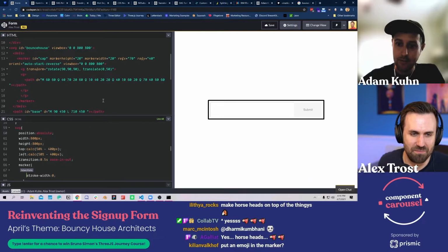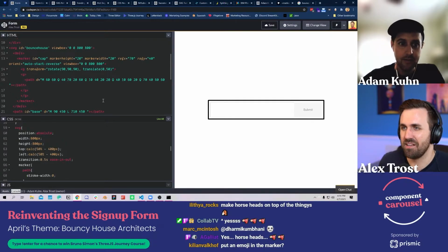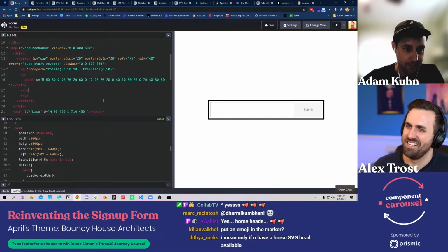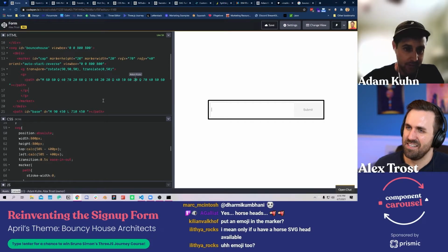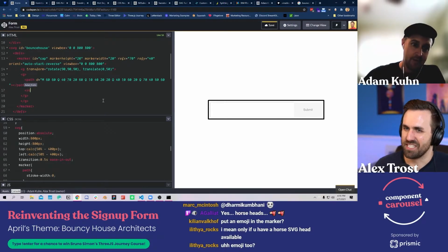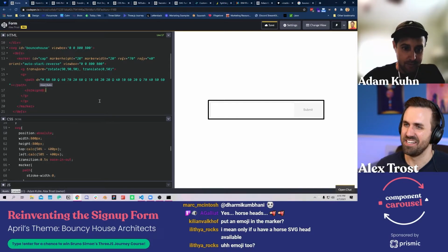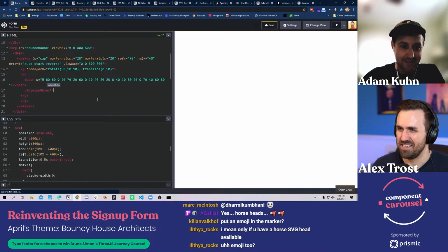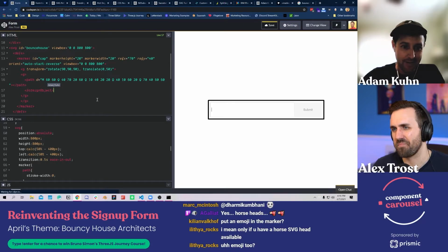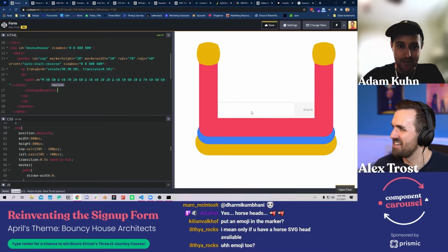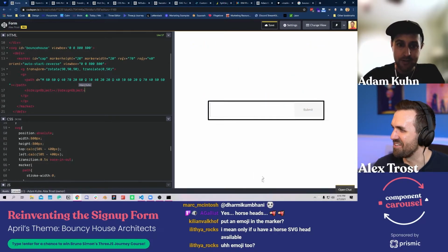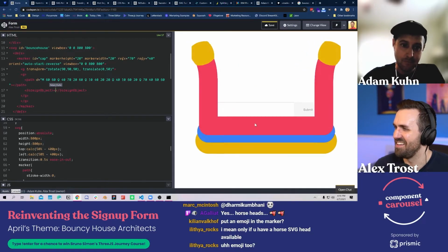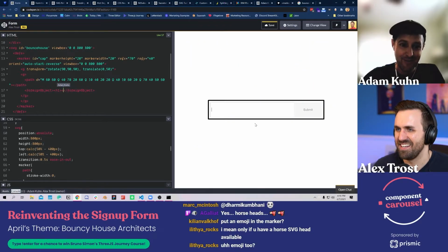And Killian says to put an emoji in the marker. Yeah, you could do that with a foreignObject, I'm sure, or I'm not sure, but that's how you would do that. Let's quickly try it. ForeignObject again is really finicky. It's like this weird back door in SVGs, and sometimes I don't know if it wants to play nice. Let's make it an H1 just for fun.